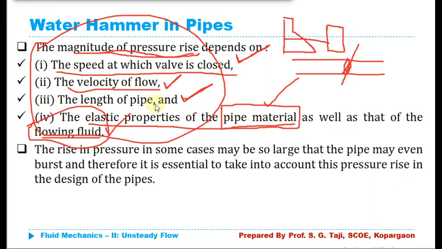Now if we reduce this velocity, obviously a lesser amount of kinetic energy will be available here. So this is really not practical in those cases. So instead of trying to minimize it, we take it into consideration while designing the pipe. So it is going to play an important role, and it should be considered while designing the pipe material.